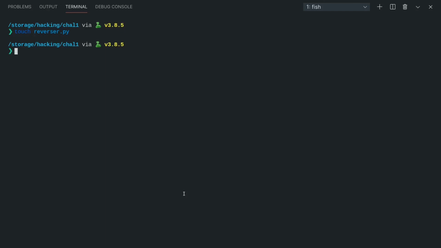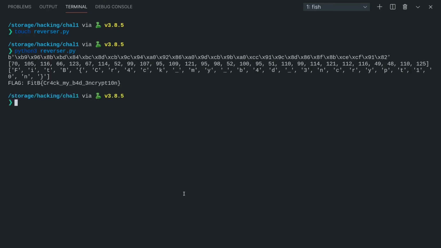So if we run this program, python3 reverser, we see okay, we get our binary, then we get the bytes, we flip them, then we get the flag characters, and if we look here at our nicely formatted output, we get